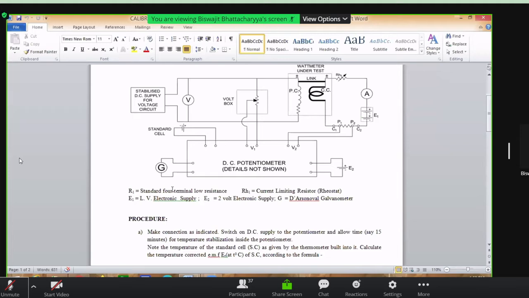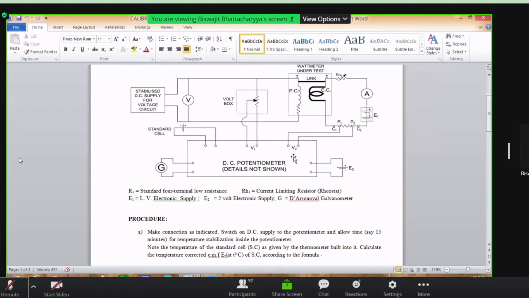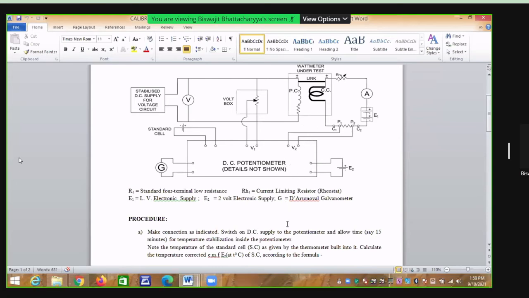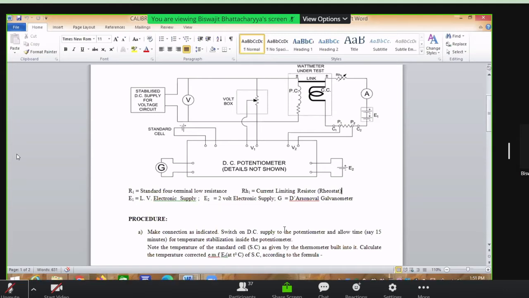When the null point comes, the galvanometer deflection becomes zero. It is the same for V2. When the selector switch is brought to position 2, we apply V2 and identify for which two positions of the slide wire the galvanometer deflection is in the opposite direction. Then our slide wire will be at some inner point between the two extreme positions, and then the galvanometer will show no deflection.